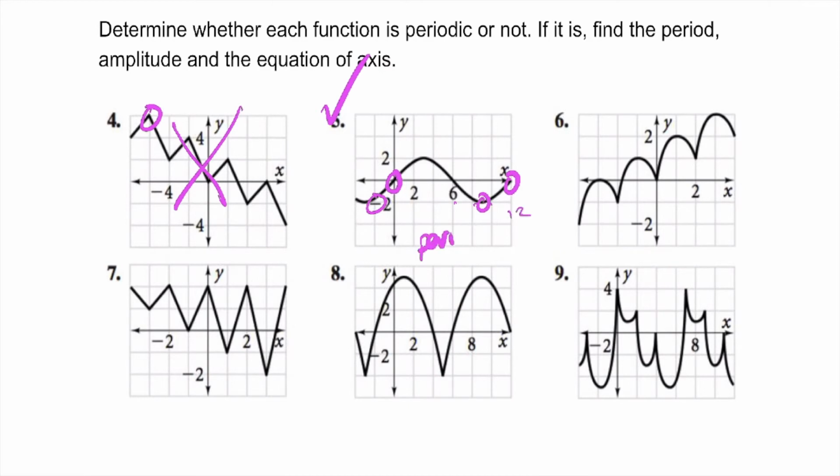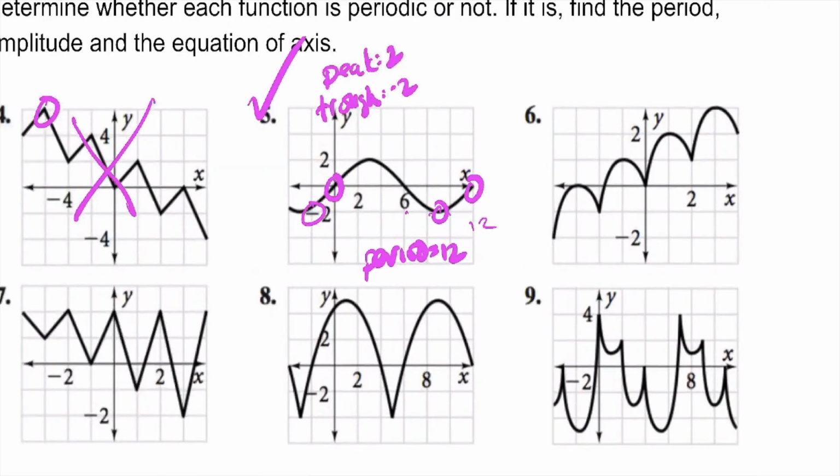In order to get the amplitude and equation of axes, as simple as it sounds, it's going to be repeating in the rest of this unit. It's just looking for the peak and the trough, or the maximum and the minimum. So in this case, the peak of this graph is 2, and the trough is -2. So in this case, the equation of axes